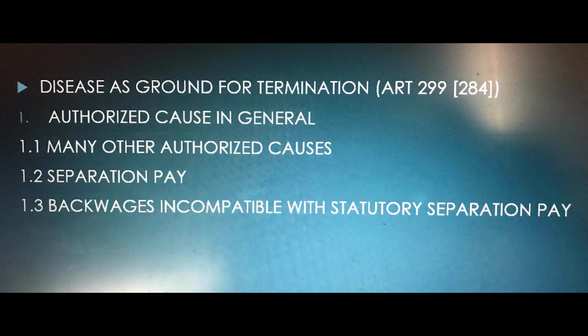Similarly, there are what we call authorized cause in general, meaning these are legally acceptable reasons for terminating an employee's contract. Sometimes these reasons are usually defined by labor laws and regulations like company restructuring, economic downturns, redundancy due to automation, and etc. There are also many other authorized causes, like the various specific reasons that can legally justify an employee's termination beyond the general ones. Examples of these are misconduct, poor performance, health reasons that prevent the employee from performing their job.